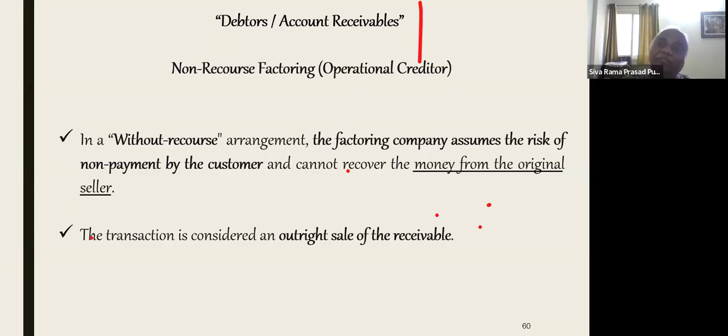So in this case, they should not pay. Whenever the factoring company is claiming that amount, you have to verify in the claims whether it is with recourse or without recourse. Without recourse means you should not allow. With recourse means you should allow. So whenever they are claiming, whatever agreement was reached by the corporate debtor with the factoring company, that also you have to verify. Then only you have to admit.